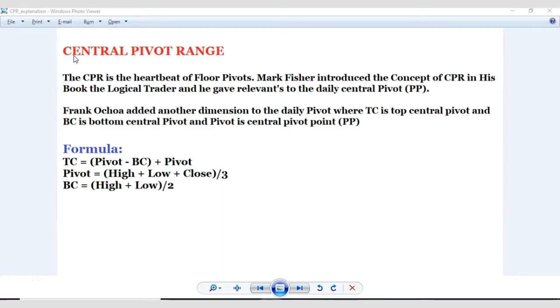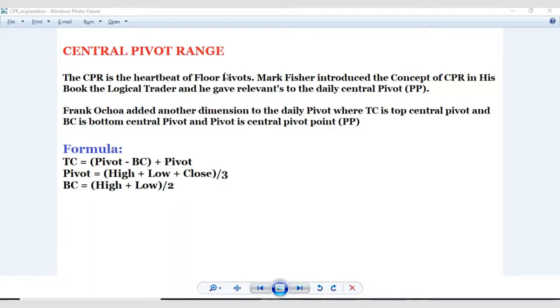See, as said in the morning, I just want to give some brief knowledge about central pivot range, and again I want to share the levels. Normally how I take shorts or how I take longs based upon this CPR. If you go through this video before entering into the market, definitely it will be helpful, to know which side to trade and when to enter and when not to enter into the market. So let's start.